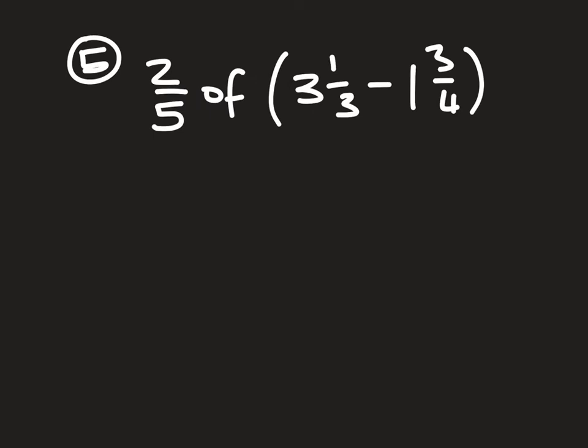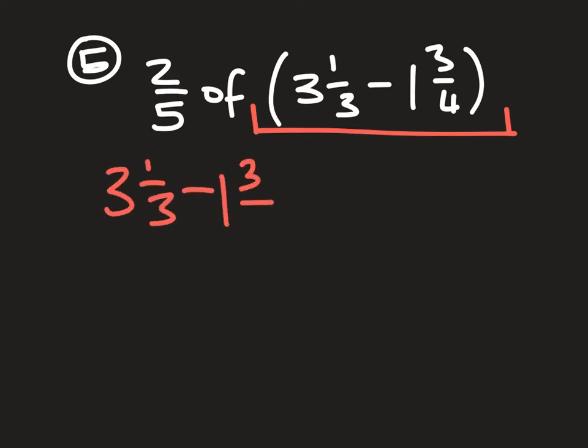Question 5. Fractions. BODMAS, BIDMAS says we do this part first of all. So 3 1/3 take away 1 3/4. 3 take away 1 is equal to 2. Now get a bottom number that this 3 in the denominator and this 4 in the denominator both divide into, which will be 12. Work out the new top numbers, get your answer,